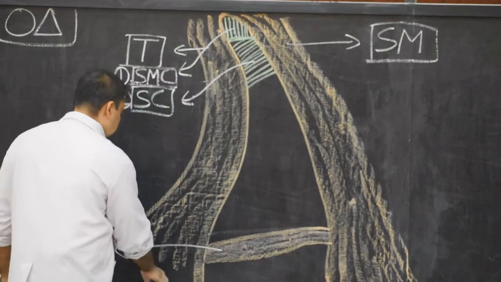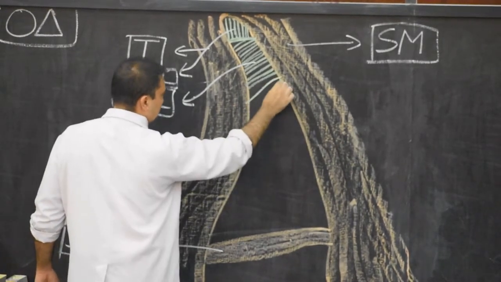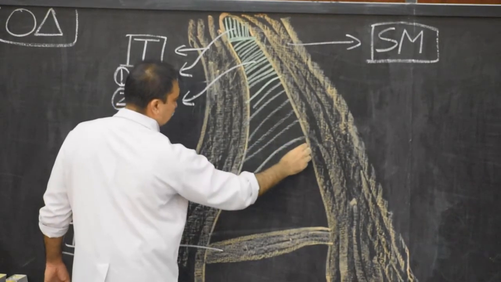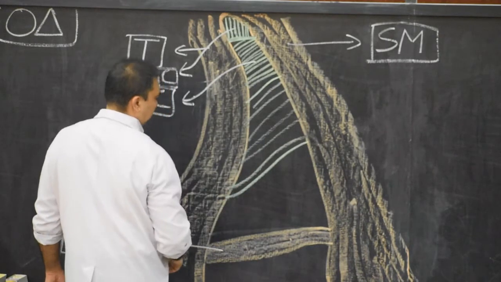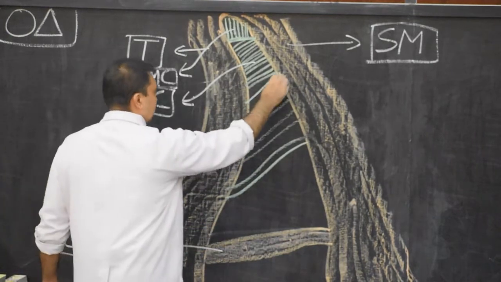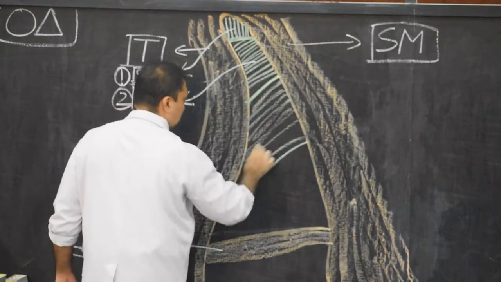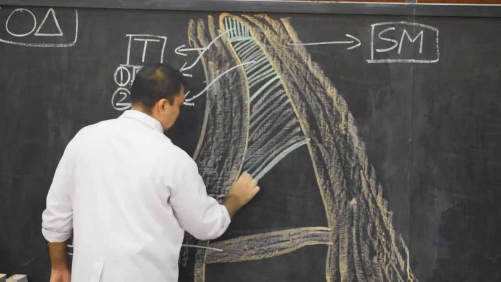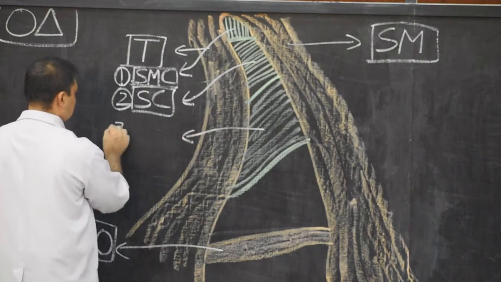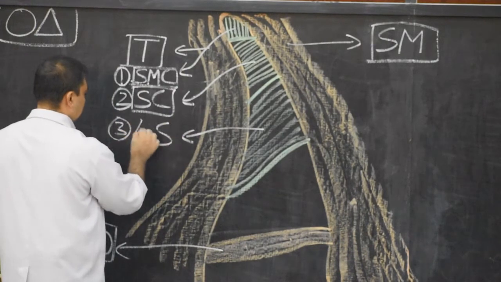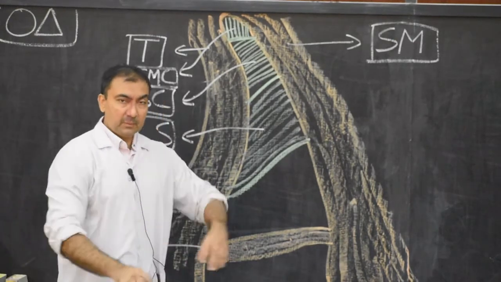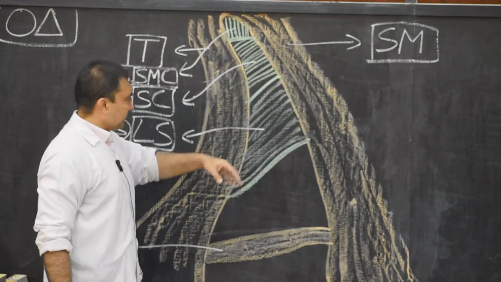Third muscle. Now this third muscle also the direction of fibers will be obliquely downwards and backwards. So this muscle will be known as levator scapulae. So here we are going to draw this muscle and show that this is levator scapulae number 3. So here goes number 3, levator scapulae muscle. Remember, this is the floor of the occipital triangle which we are drawing. From above to down, semispinalis capitis, splenius capitis, levator scapulae.